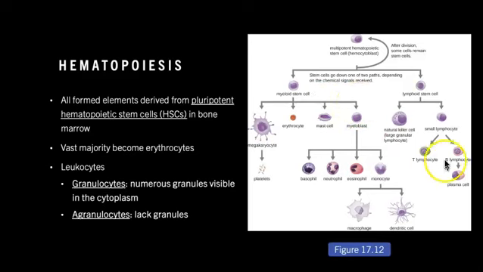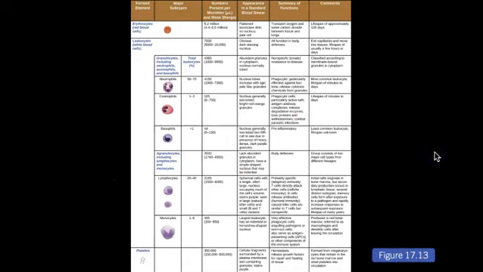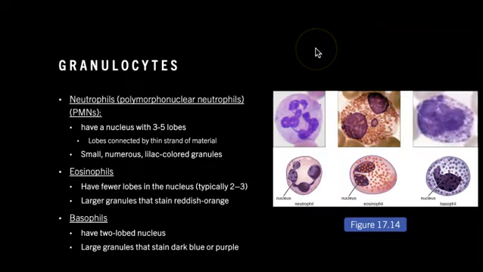So our leukocytes, you can see that they all kind of reside within this area here of our chart, and we subdivide them into granulocytes, meaning that they have granules that are visible within the cytoplasm, and agranulocytes, which means that they lack granules. We don't see them. So in this figure over here, you could see the breakdown of each of these cells and the number that's supposed to be present within our body, their appearance, their functions, and some other additional comments. So I won't go through this entire table, but instead we'll walk through our white blood cells one by one,